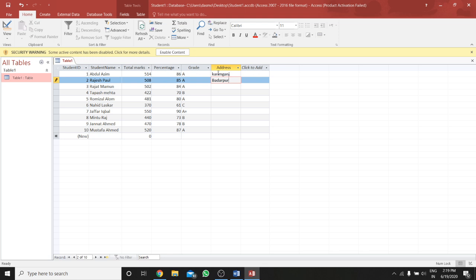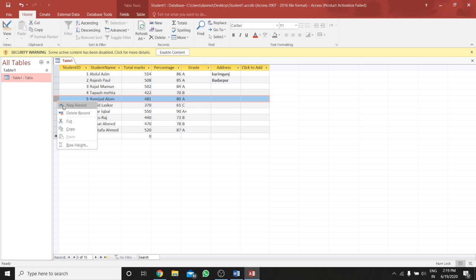I have shown how you can add a value. I have already added a field and then given some data. Now suppose I want to insert a new row or a field. I have shown how to insert a new field. Now how to insert a new row? Suppose I want to insert a new row in between roll number 5 and 6. I will click here, right click, and you can see new record. Or another way is to select the row after which we want to insert the row, then click on the design tab.